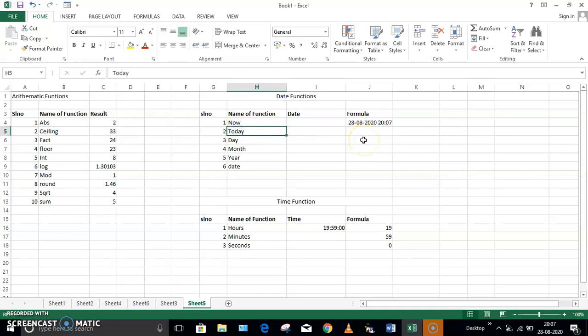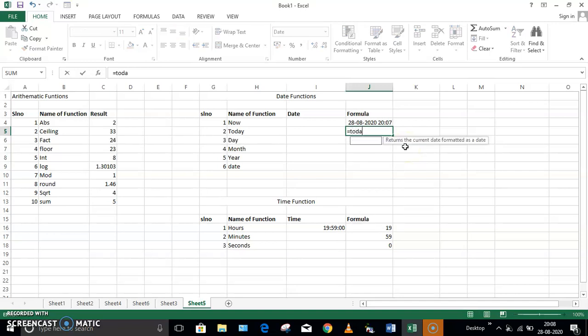Okay, so next comes TODAY. This TODAY function is going to display or return today's date. Whatever the MS Excel date is, it is going to display it in a particular format of MS Excel. So let me show you here. Click on the cell where you want to see today's date. You just write equal to TODAY and give the brackets. Now here you can see today's date, that means your system date is displayed over here, and it is in the format of date, month and year.